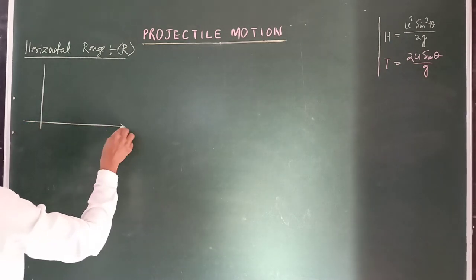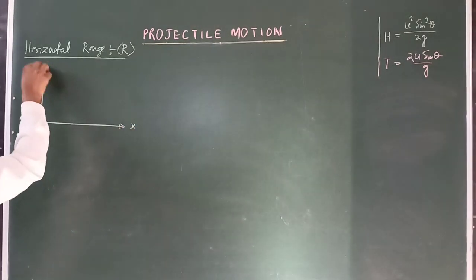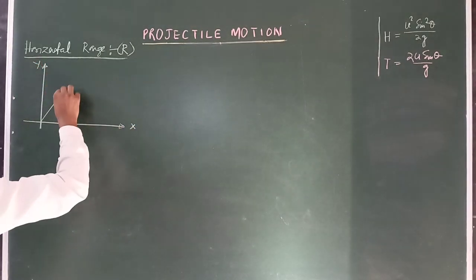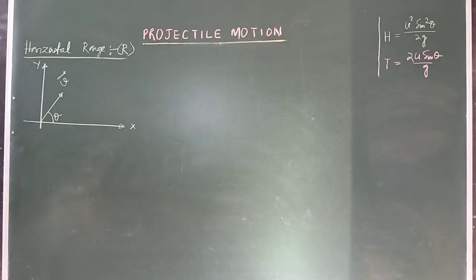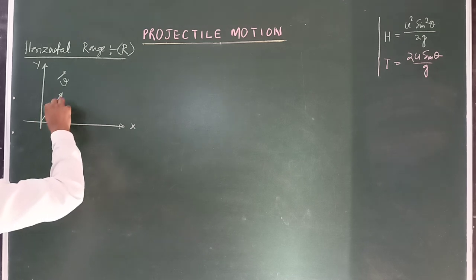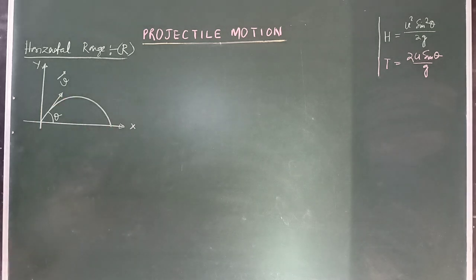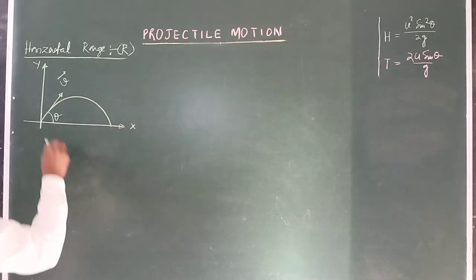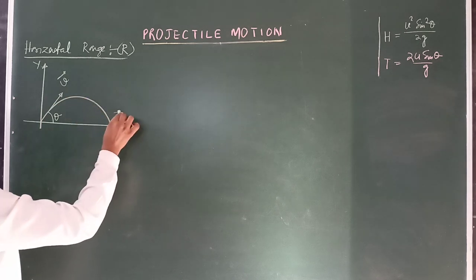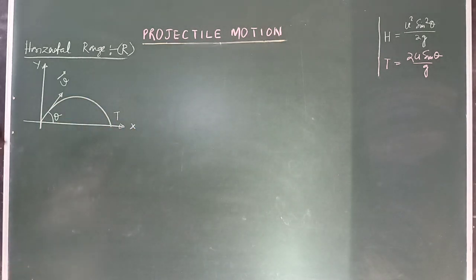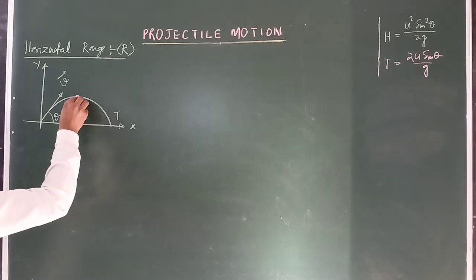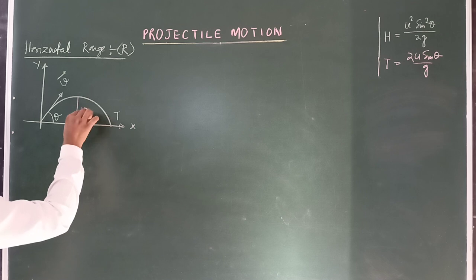So in this case, the y-axis, and this is the x-axis here. Suppose a particle is projected into space with initial speed u at an angle theta from the ground level, and the path of the projectile is parabolic, and for the total path it will take time T, the time of flight, and at that time it will attain a maximum height along the y-axis. This is maximum height h.